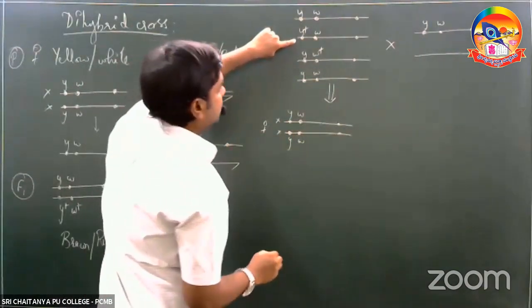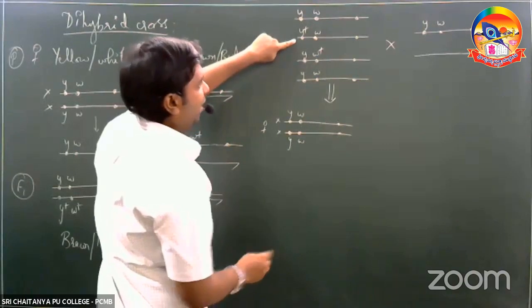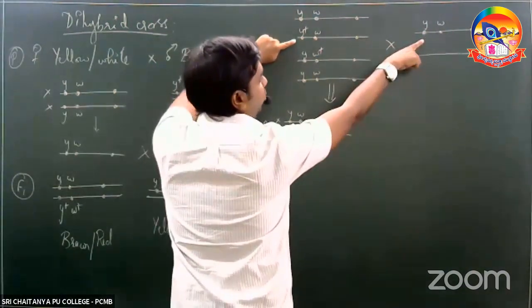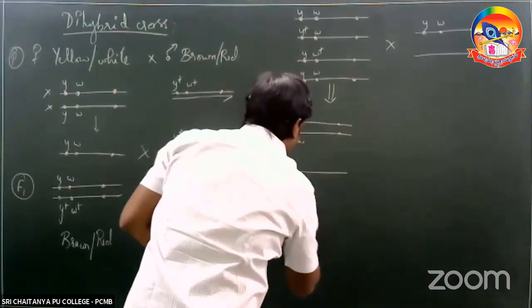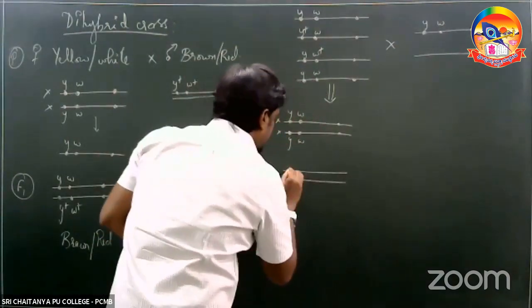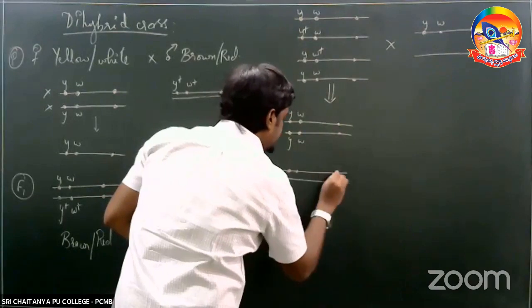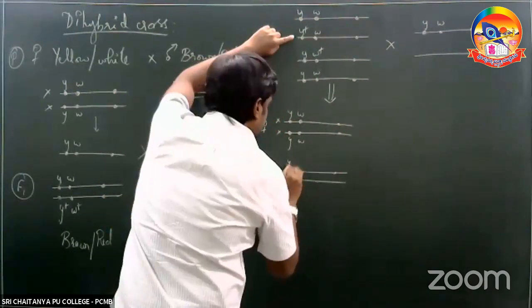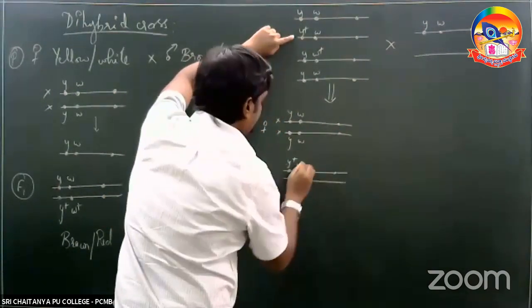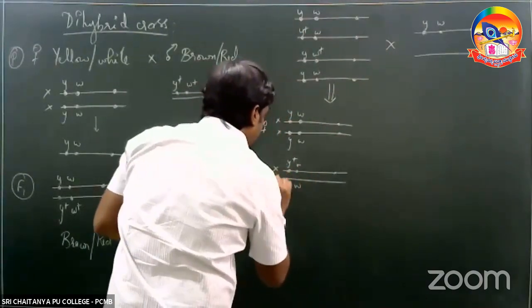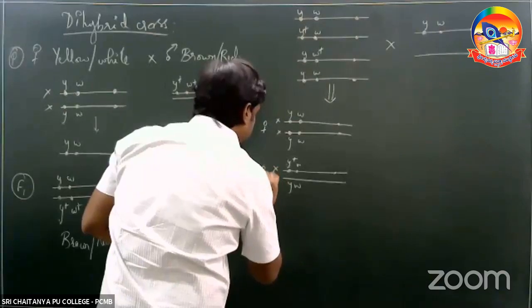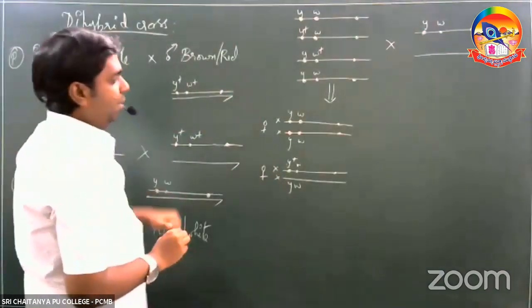Second one, this second X chromosome containing female gamete fused with the X chromosome containing the male gamete. If that is the case, what would be the offspring here? Here it would be Y plus W, and in this it would be Y and W. This also has X chromosomes, so the individual again would be a female individual.